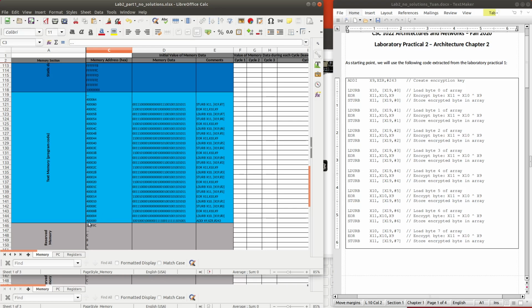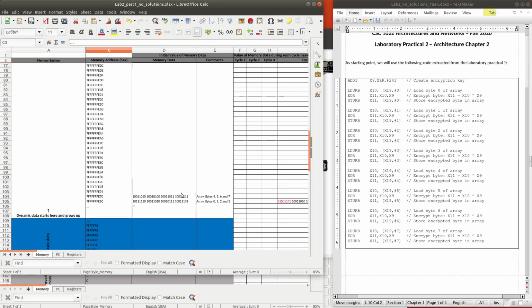That's why we have the first instruction located at 00 and the second at 04, because these are 4 bytes, and so the next instruction must be located here, and so on. We have the third instruction at 08, the fourth at 0C or 12 from 400000, and so on up to the final instruction here. This is the location of our program.